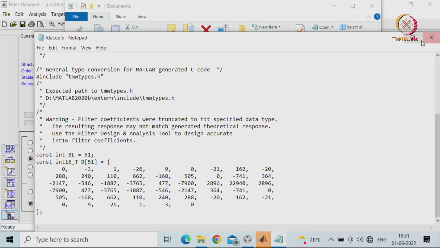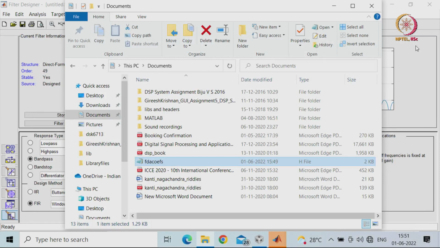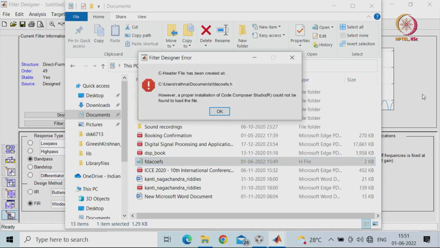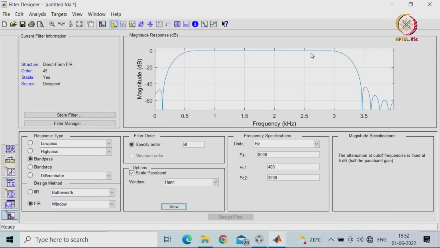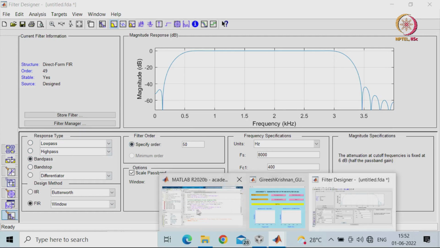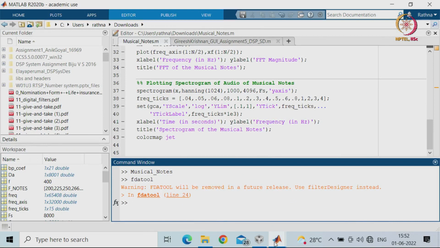So, this is one thing. Now we will see how one can run it in MATLAB itself. We can close this, and then from the FDA toolbox I will be coming out of it. If anybody wants to see the rest, you will see that an FIR filter, band stop or high pass filter one can design depending on your application. So, coming back to this thing,